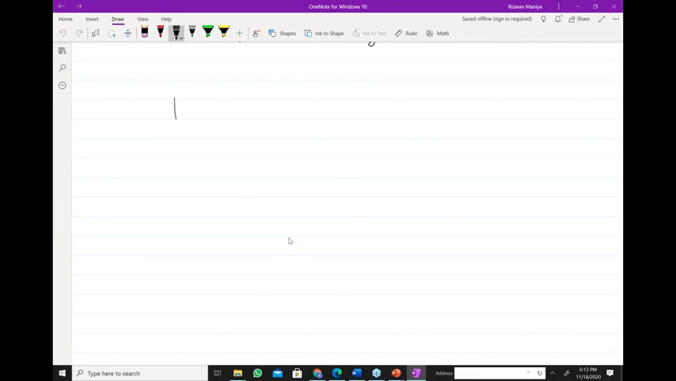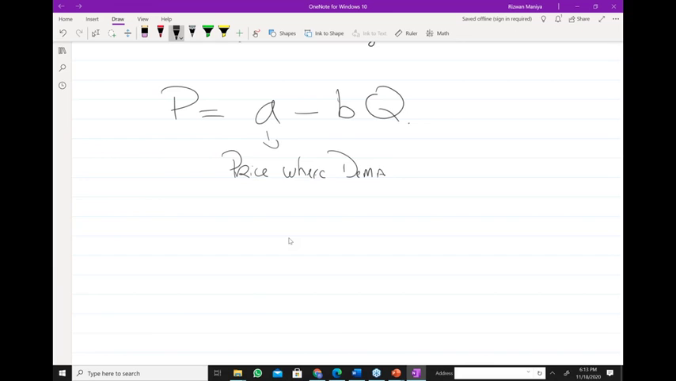Okay, so price is equal to A minus BQ. A minus BQ. Now, where A is what? Price where demand is 0. And we find this through a formula, and the formula is, if you don't know, you can copy: